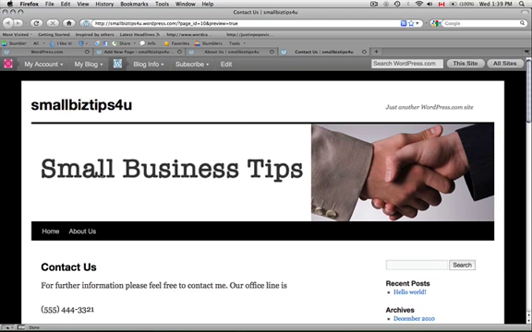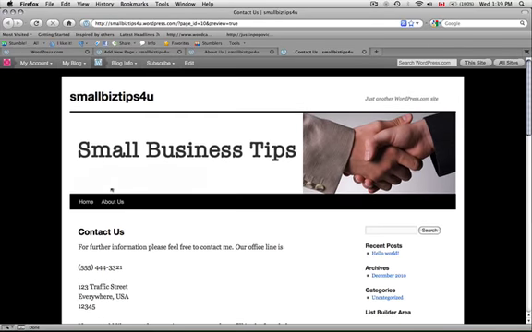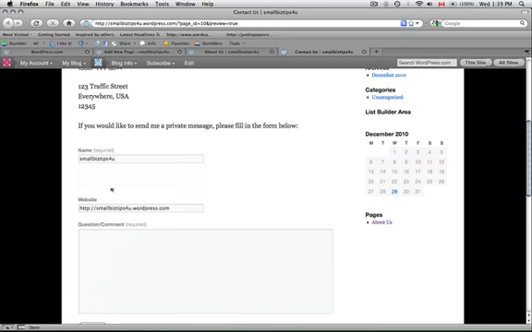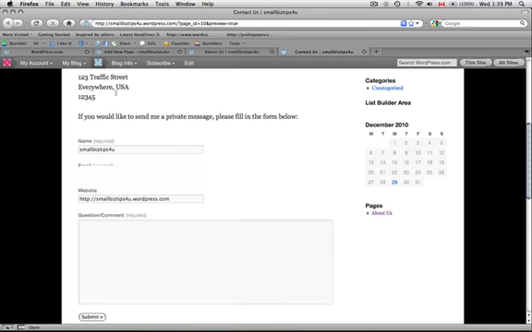You can start to see the information here. Let me zoom it out a little bit and scroll down. You can see now the form is here as well. So there's all the information, and